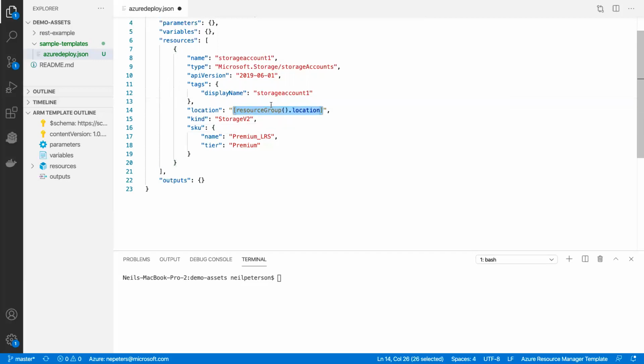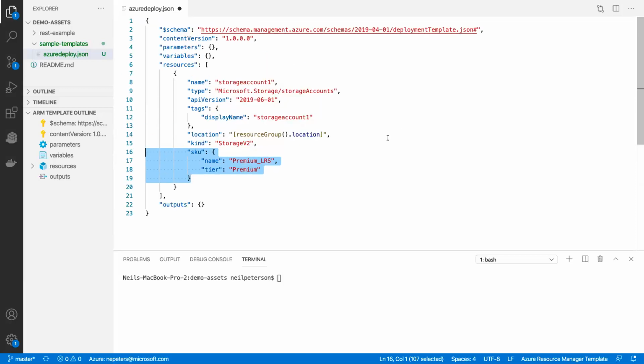We then have a location, which is our different Azure resource data centers around the world, and the location in which you want to deploy this. And then we've got some stuff in here that's very specific to the storage account. So like what kind of storage account do we want to deploy? Some information about the SKU. Now I used a snippet to create this, but I really want to now dig into